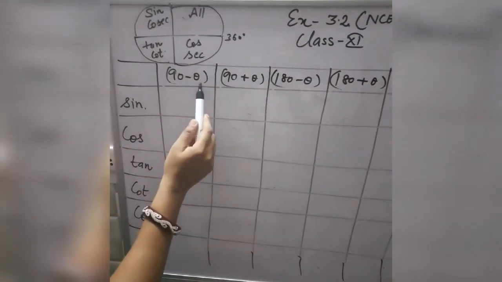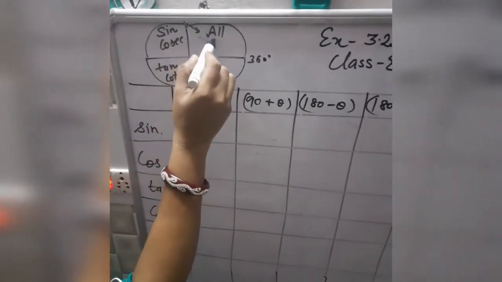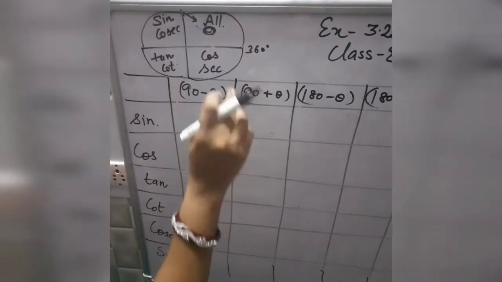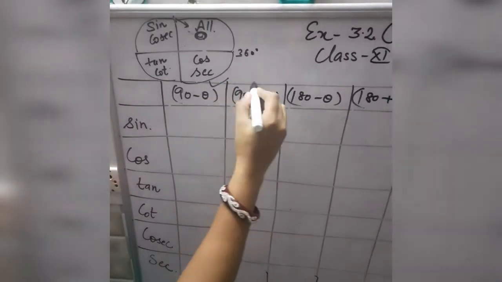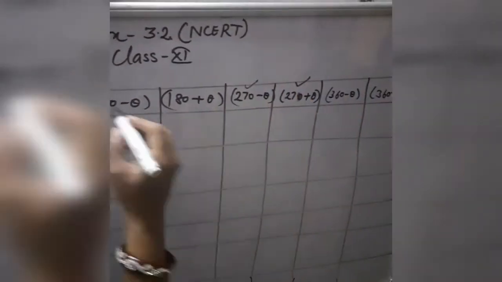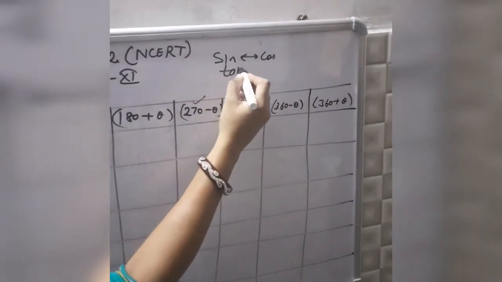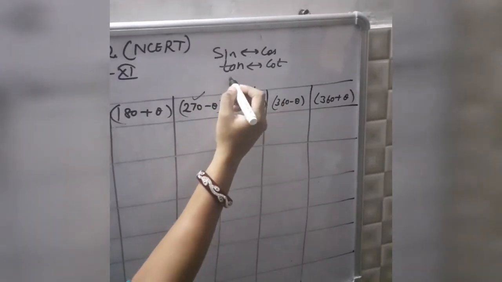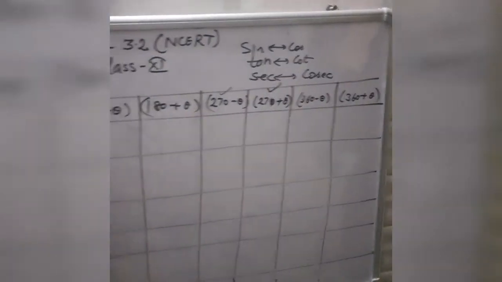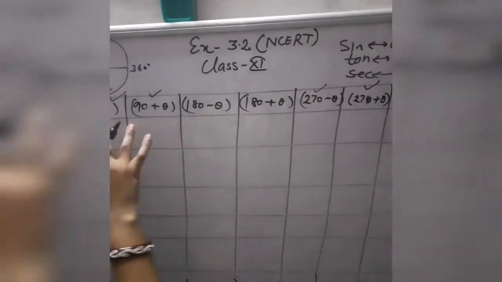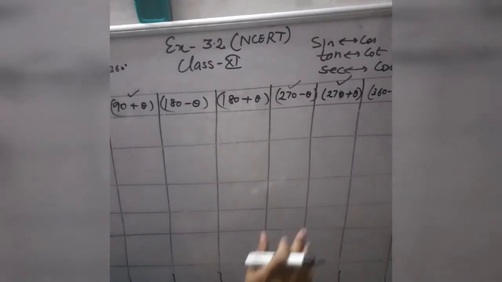See all of you, 90 minus something. From 90 if you subtract some angle, then you will come in the first quadrant, and in the first quadrant all of you know that all trigonometric ratios are positive. But in case of 90 and in case of 270 you will change sine into cos and cos into sine. Similarly tangent into cot and cot into tangent, secant into cosecant, and cosecant is changed into secant in case of 90 and 270. Either it is 90 minus theta or 90 plus theta, similarly 270 minus theta or 270 plus theta, in both cases.